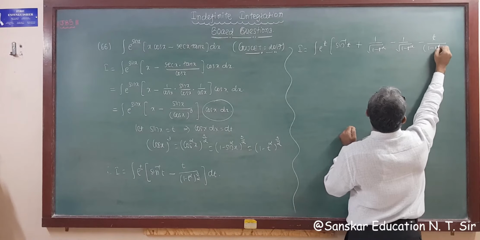So which option is given? This or another? It is given in sine cos. Okay, so 1 minus sine square is cos square. Root cos square is cos. So 1 upon cos x. So this is e raised to sine x, x minus 1 upon cos x, plus c, that is e raised to sine x, x minus sec x plus c.